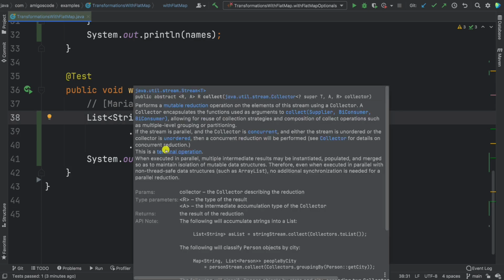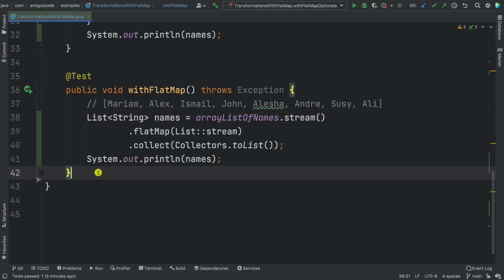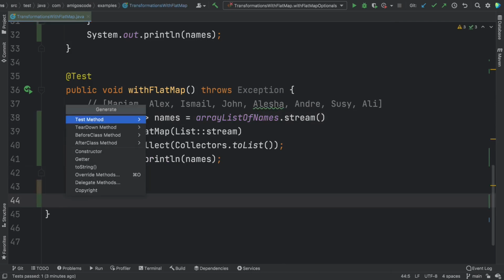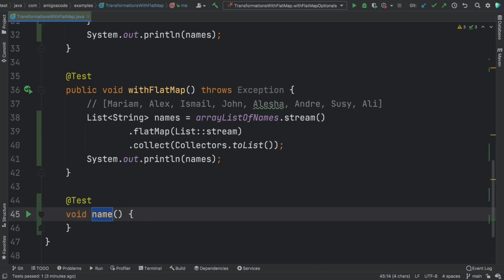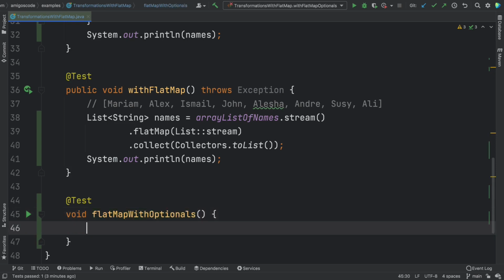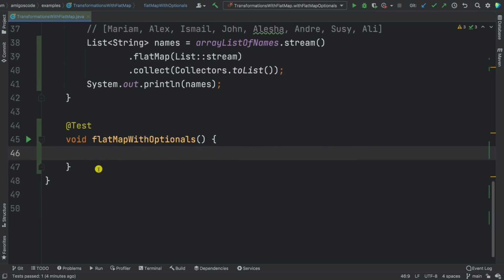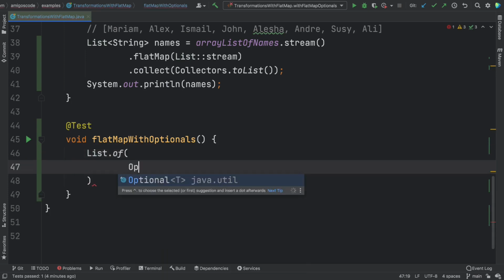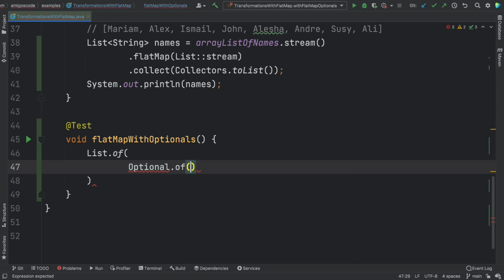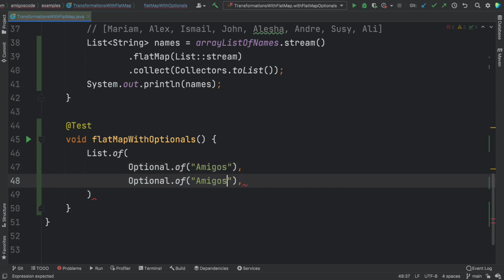Now to give you yet another example with flat map, let me just have a new test. So test method, and then I'm going to say flatMap with optionals. There we go. And inside here, let's have a list. So we're going to have List.of, and we're going to have two optionals. So Optional.of, and then here could be any string. So I'm going to say amigos, and then comma, and then duplicate this, and then here I'm going to say